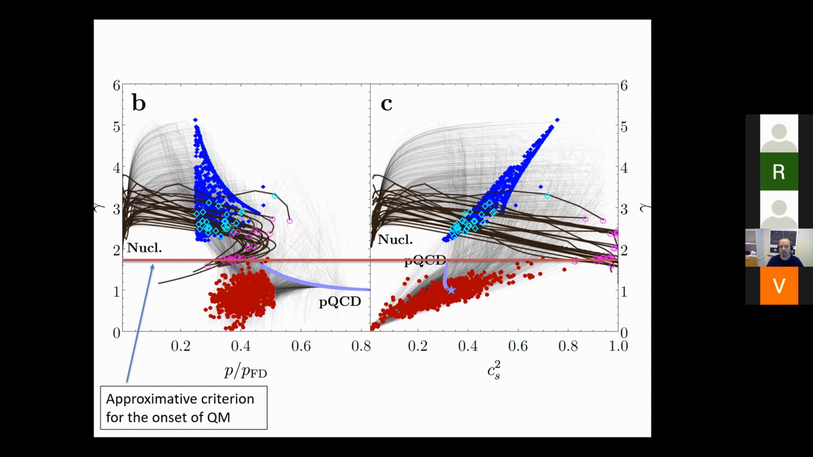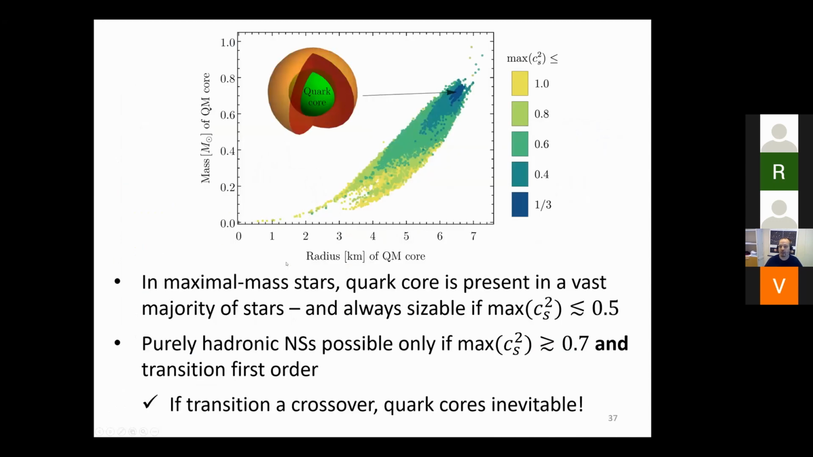Now, if we went one step further and introduced, just as a guiding principle, a horizontal line at gamma equals 1.75, exactly in between the PQCD limit for gamma and the CET limit for this quantity, to differentiate between quark matter and nuclear matter, then this would allow us to ask questions about the presence of quark matter inside neutron stars of different masses. And in short, our conclusion is that